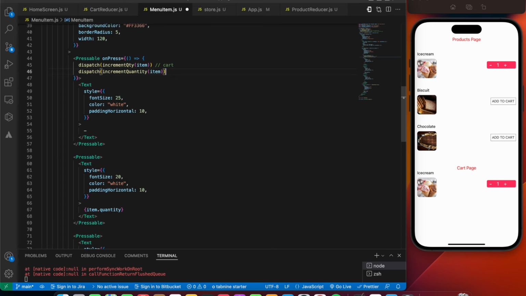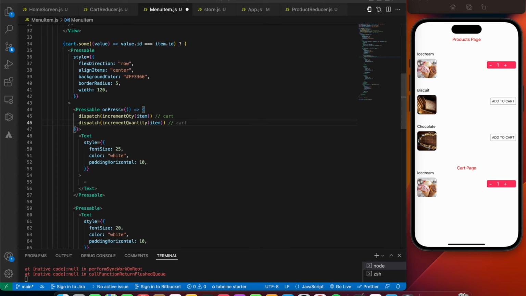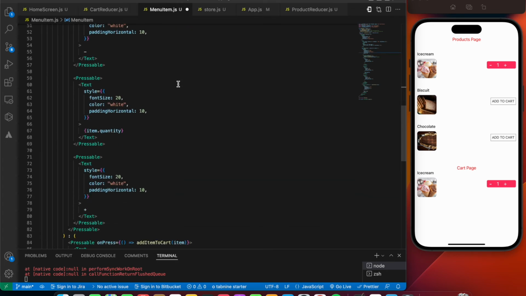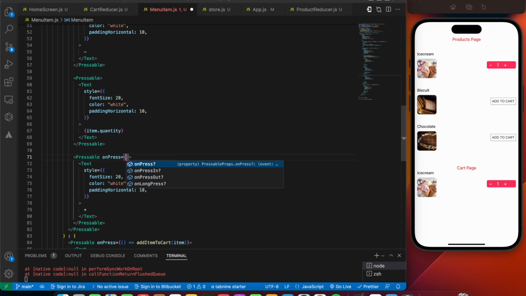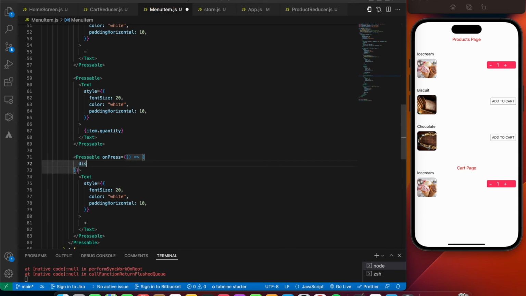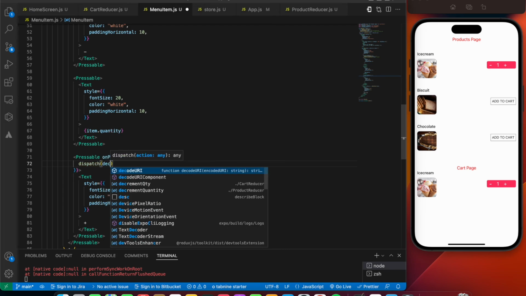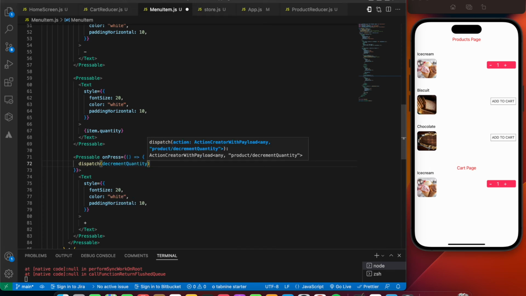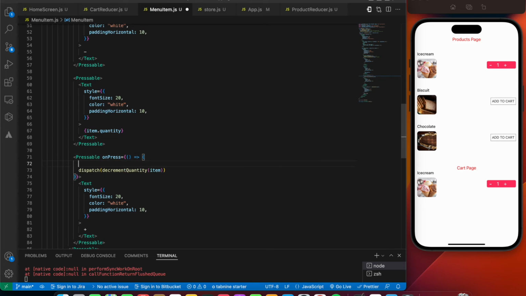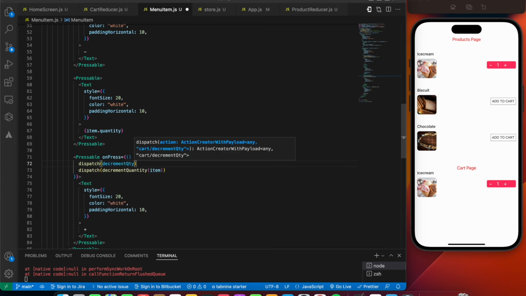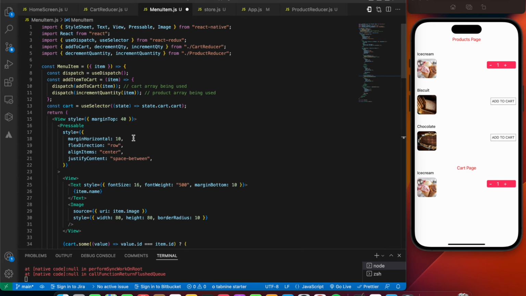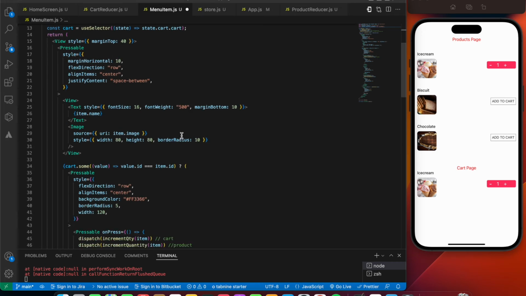So that's it about the plus button. Okay, so this one is for the product. So similarly it's going to be for the minus button as well. It's going to be on press, taking a function, add into dispatch events. It's going to be dispatch decrement quantity of product user of item. So this one is for the product user. The first one is always for the cart user. Okay, that's going to be decrement QTY and import from cart user, and the payload is going to be item that is coming from the props. Okay, both of them have been imported and initialized as well.